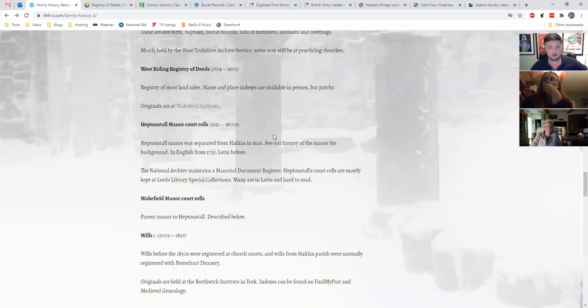Heptonstall Manor court rolls. If you're not aware of what a manor was, it was an estate of land managed for its owner. The owner was obviously the lord of the manor, and they were managed by courts, and there were varying courts, and the function changed over the centuries. But essentially, we're interested in what was called the court baron, where people renting land from the manor would sell or inherit land, they'd have to come before the court